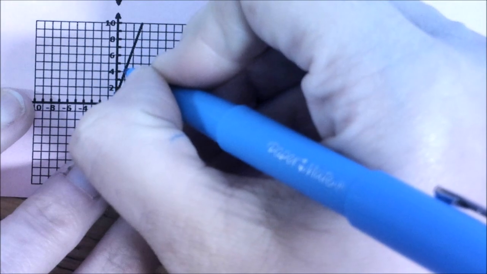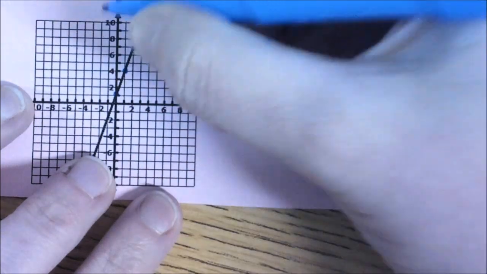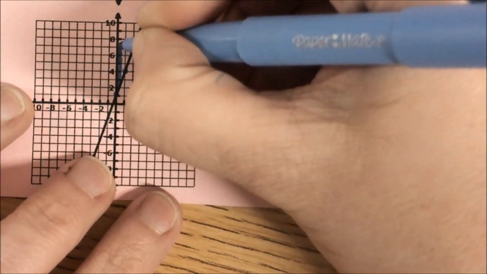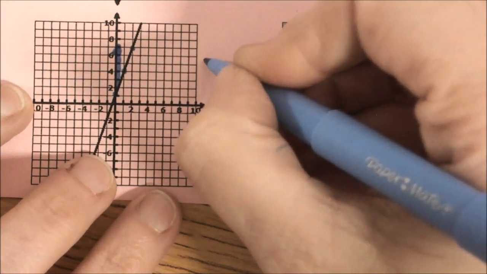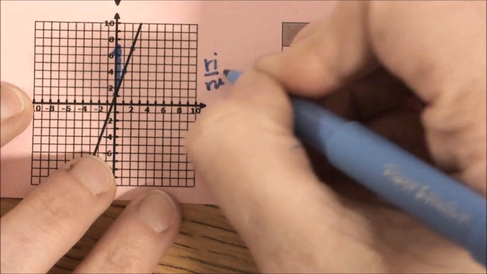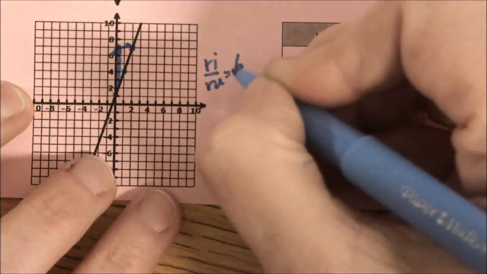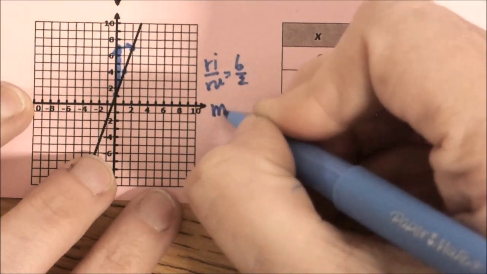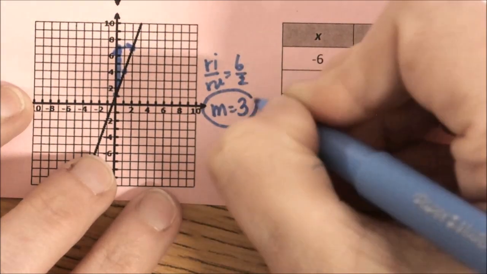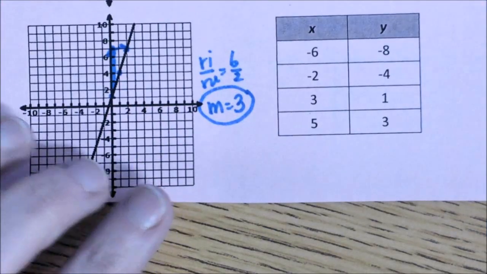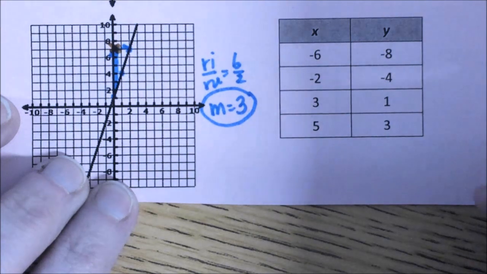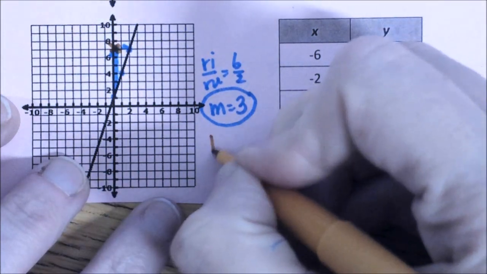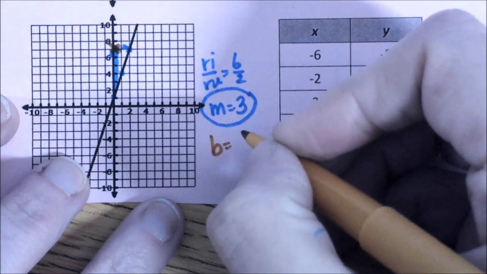Okay, first of all, I see a point here, and then there, and then there. So let's look at these two. I rise 1, 2, 3, 4, 5, 6. And I run 2. That means my slope works out to be 3. Okay. Now when I look for my y-intercept, I see it right there at, once again, wait a minute, what